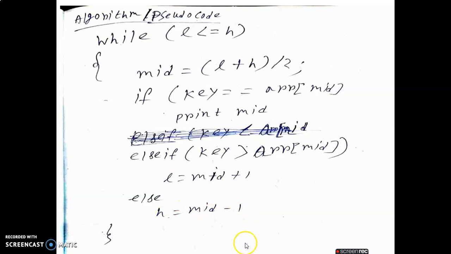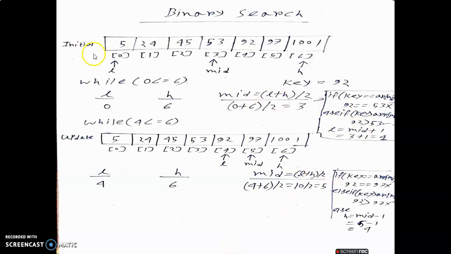Okay. Now I will trace our algorithm. As I explained, all elements must be ordered or sorted, and if not, we sort the elements. But in this video I will not show the sorting. In my next video I will start array sorting. Here I will take the input in ascending or descending order, because for our understanding it is a better and easier way.